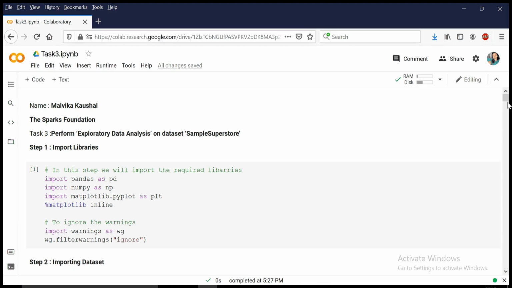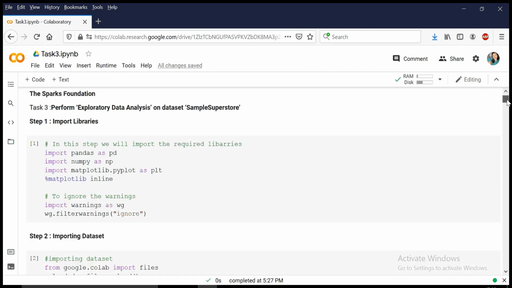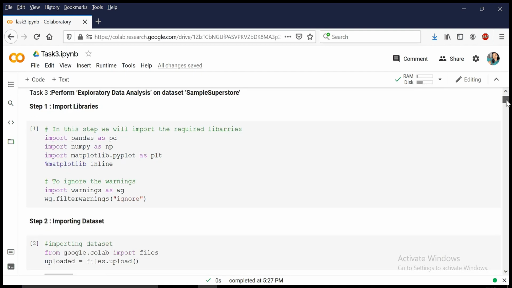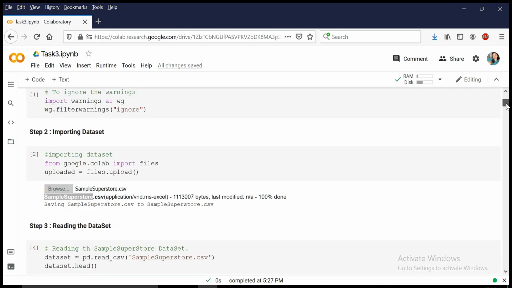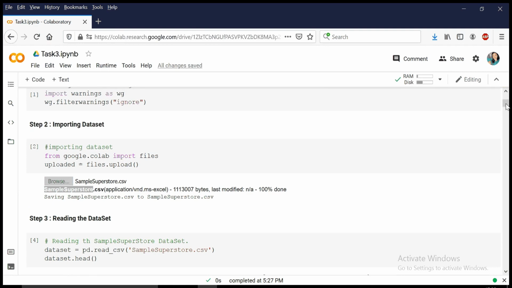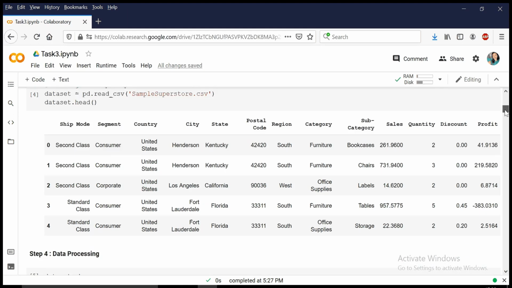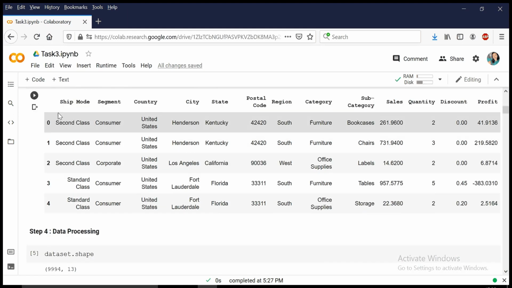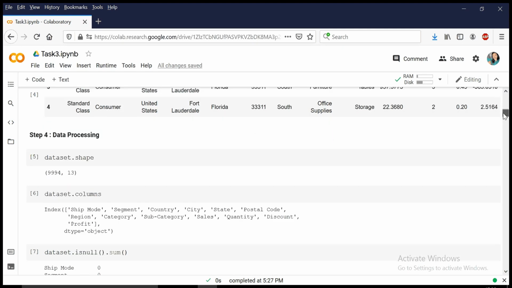superstore. So the first step which I did was to import the following libraries, as you can see here. And next step was to import the dataset, which was named as sample superstore. Here you can see I have read the data using head, and also I have processed the data by using